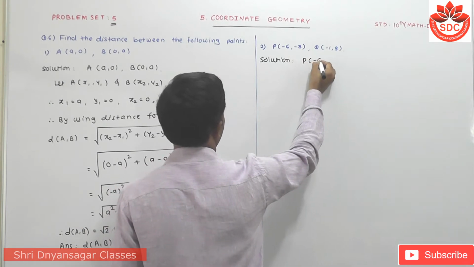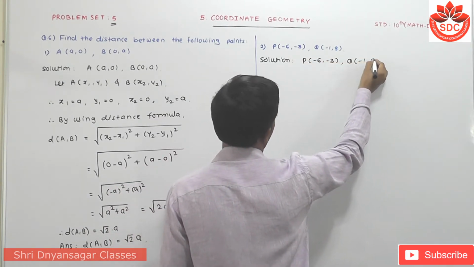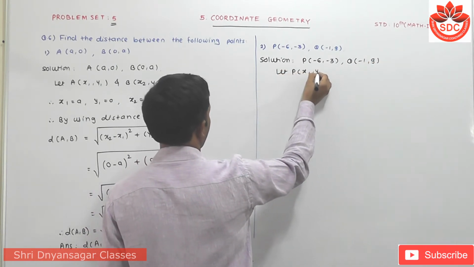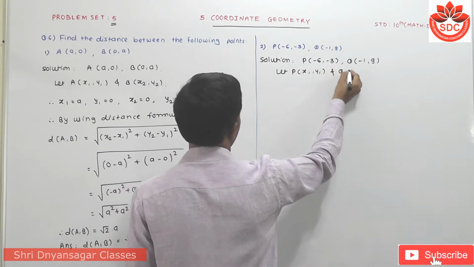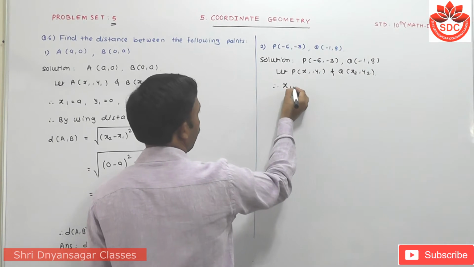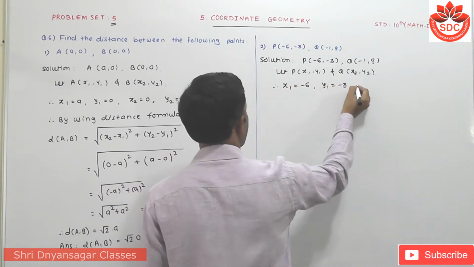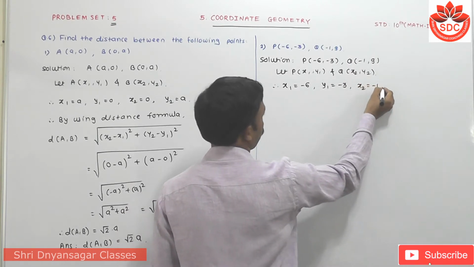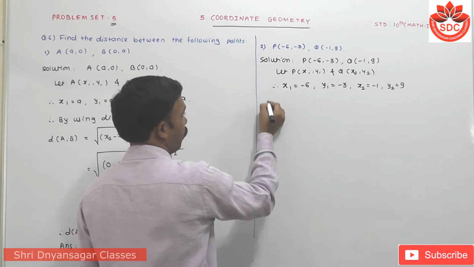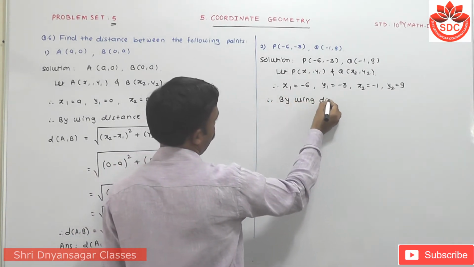P has coordinates (-6, -3) and Q has coordinates (-1, 9). Let P have coordinates (x1, y1) and Q have coordinates (x2, y2). By comparing, x1 is equal to -6, y1 is equal to -3, x2 is equal to -1, y2 is equal to 9. Therefore, by using the distance formula,